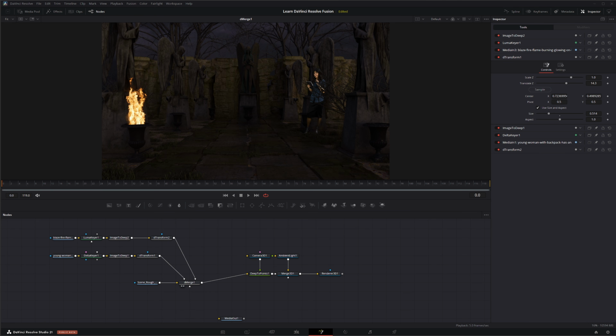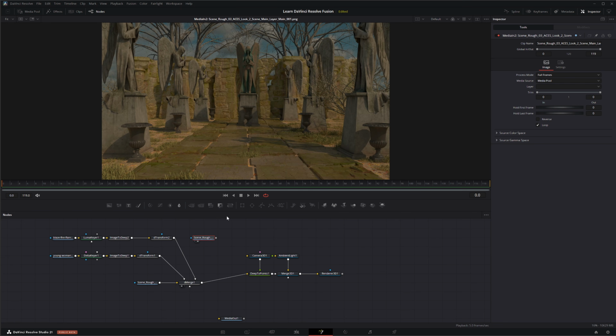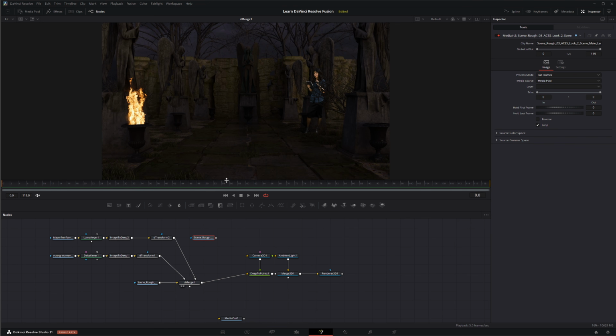And it can be anything. It doesn't actually have to be a deep pixel. It can just be a PNG. It could be a JPEG if you want, as long as it has that color information. So for example, we've got this and we recolored this footage to a super bright sunny day instead of being dark like this. So instead of having to redo everything, we could just bring our little scene here, our little